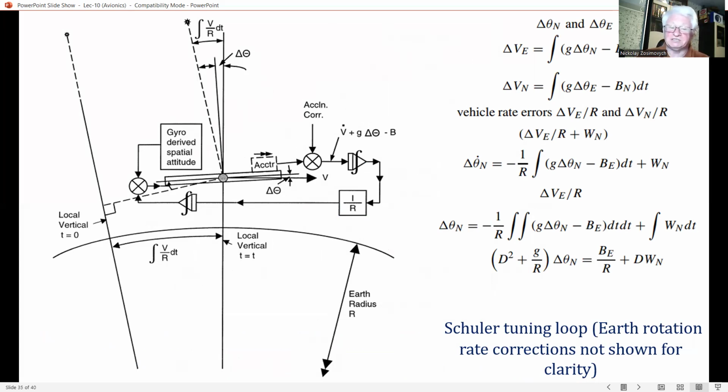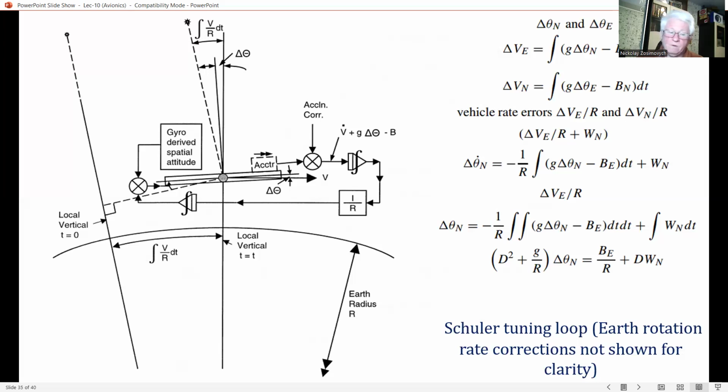Errors in the derivation of the vehicle rate term will result in the platform tilting from the horizontal. These errors result from two main components. First of all, accelerometer bias error, which results in bias errors, B sub N and B sub E, in the north and east acceleration components derived from the accelerometer. And